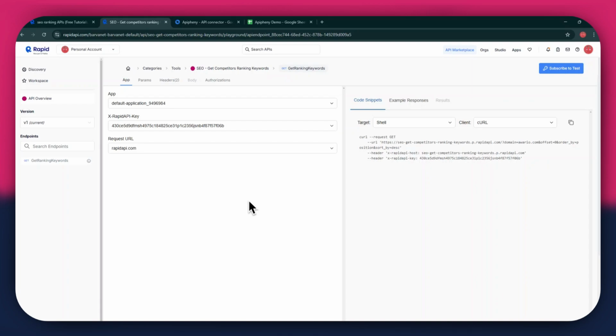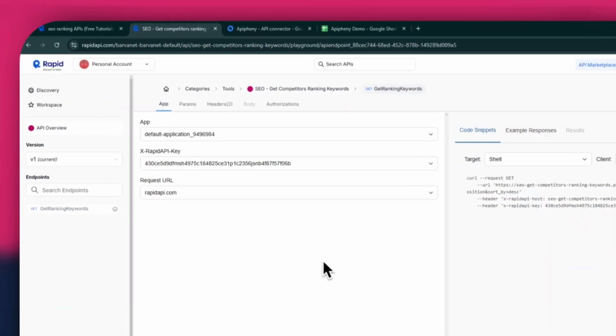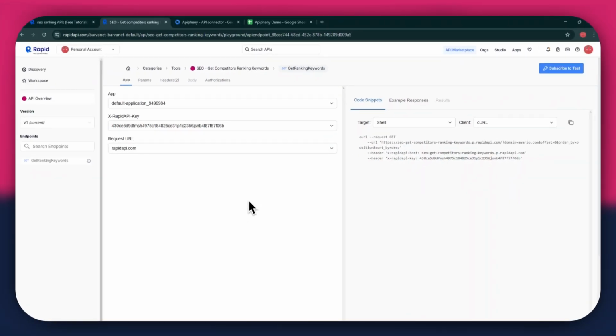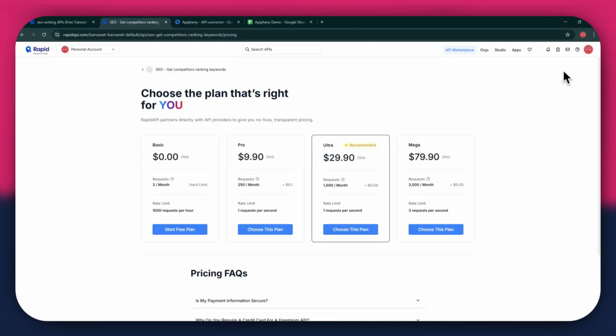Simply click on the target API and this type of window will open up. Here, you will have all of the required details like API key, endpoints, and code snippets. In order to get started with a certain API, you will need to subscribe to it first. For that, click on the Subscribe to Test button at top right corner and all of the available plans will